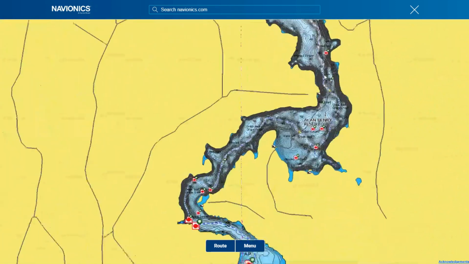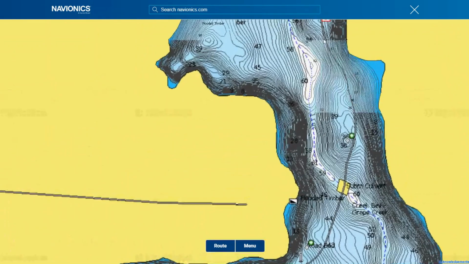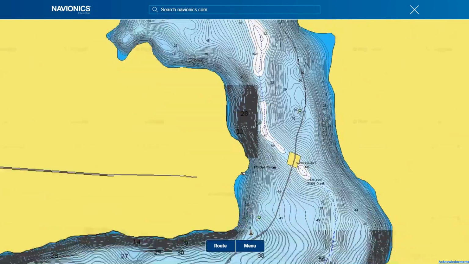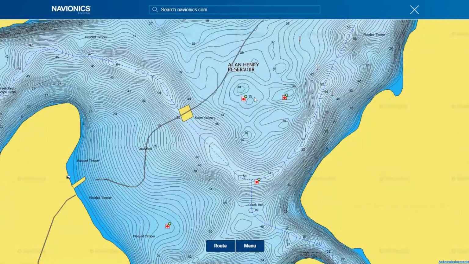And really, you're just going to follow, for the most part, most of these little red fishes, but not all of them. So let's just talk about them really quick. The first one is going to be right here off of this little point. And you've got a road bed, juicy for sure. The next one is really going to be, I don't like this giant flat and where they have stuff marked. This could be catfish around as well. Maybe, possibly,